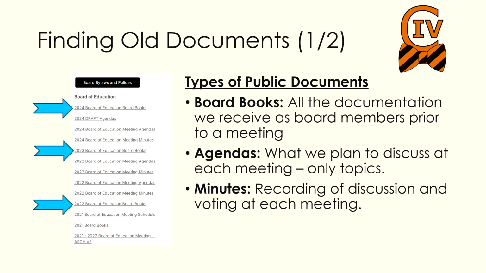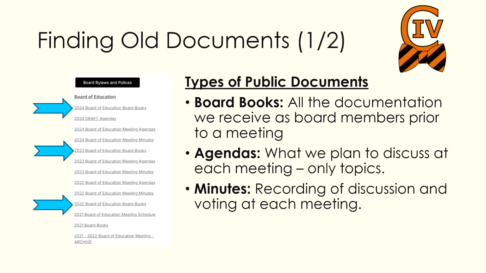Looking through the documentation, there are three key types of documents that we publish, and especially in our old archival documentation from 2024 and prior, these documents are grouped according to the document type. So first you have the board books. The board books are all of the documentation that we receive as board members prior to a meeting so that we can review budgets and policy decisions and be prepared to make a vote or decision or have a conversation